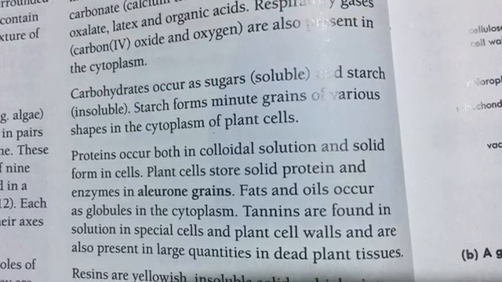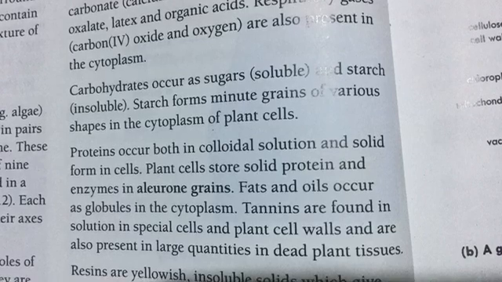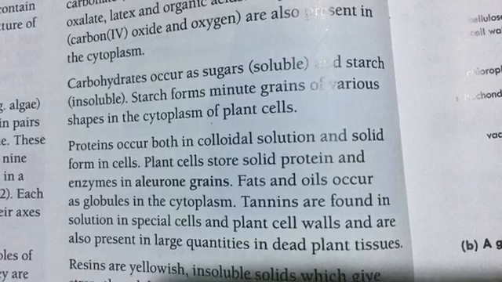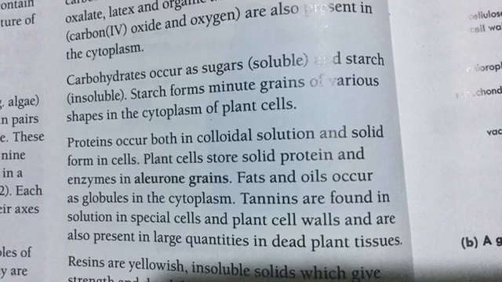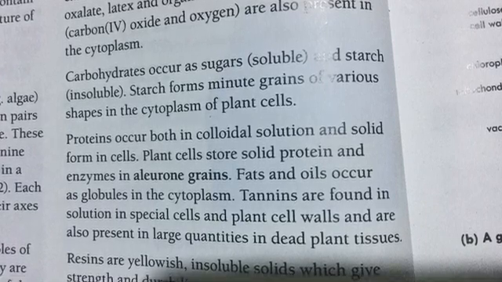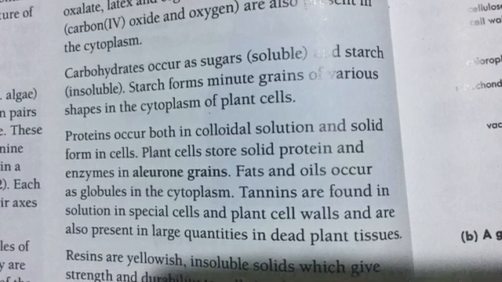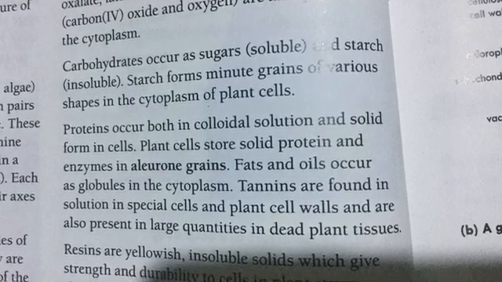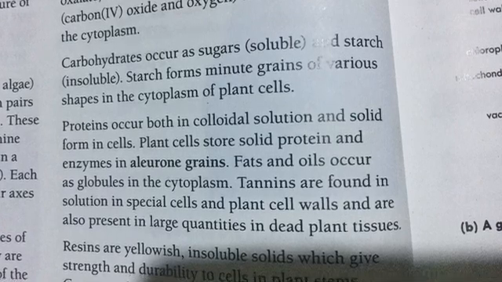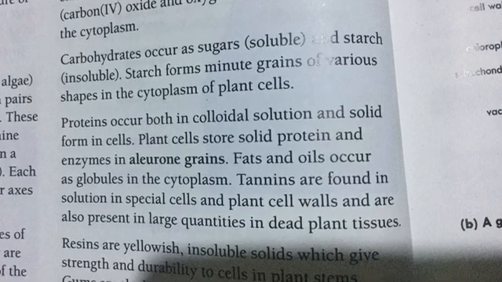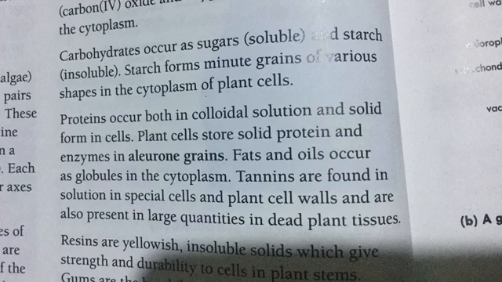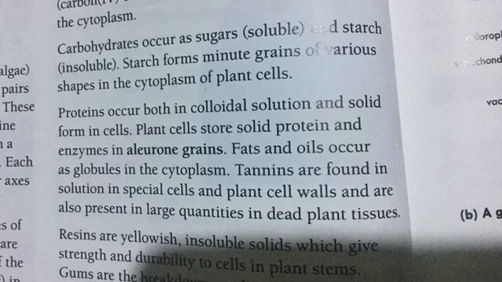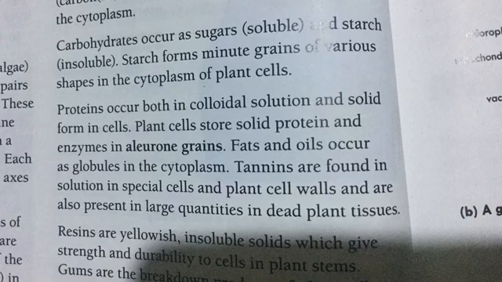Carbohydrates occur as sugars in the soluble form and as starch in insoluble forms. Starch forms minute grains of various shapes in the cytoplasm of plant cells. Proteins occur both in colloidal solution and solid form in cells. Plant cells store solid protein and enzymes in aleurone grains. Fats and oil occur as globules in cytoplasm. Tannins are found in solution in special cells and plant cell walls, and are also present in large quantities in dead plant tissues. Resins are yellow